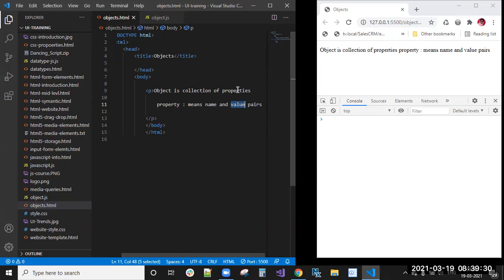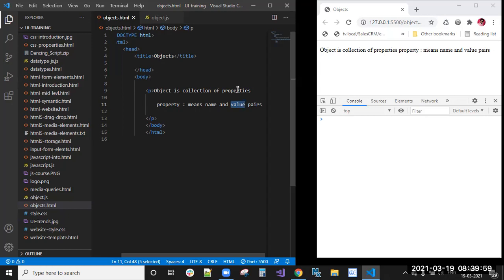And for a model, if you take Suzuki, you can take Swift, Dzire, Baleno, because different types of models are there. That single model is also a property only. Model name, colon, so model name is a property name, Swift is the property value.